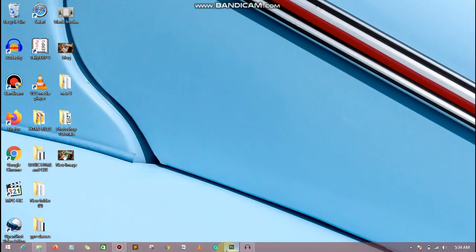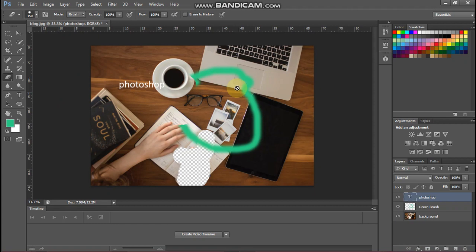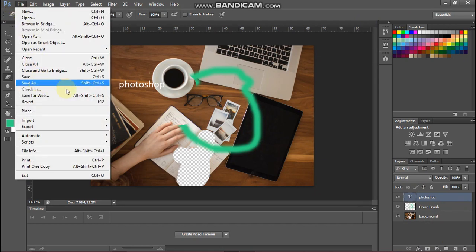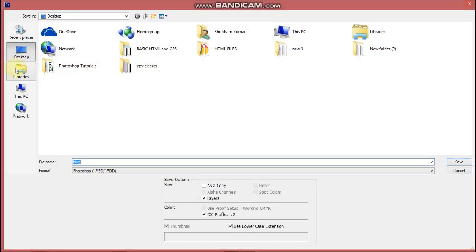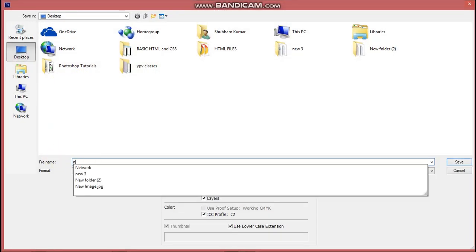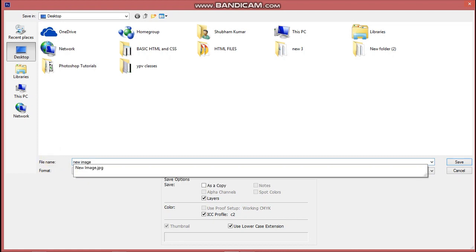But suppose you have made a big project and you close this and you want to reopen this project and want all those files. You will not get it if you just click save as. You will get the image at exactly the same point where you clicked it. So if you want to save this project and come back after a few days or few hours, you need to save this project. So for that click save, just name it as new image 2, let's say.